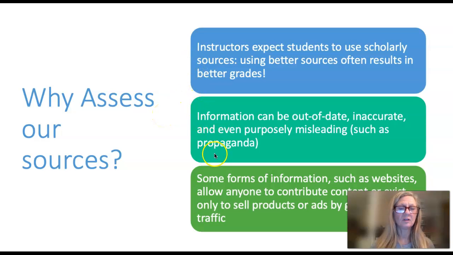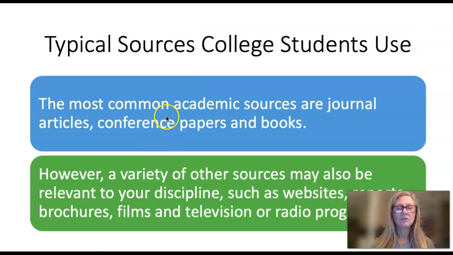Because information can be out of date. Sometimes it's misinformation, particularly when you're dealing with websites. Maybe there's a bias in the source. So you just want to look at your source and ask yourself, is this the best source that I could possibly use? So typically in college, you're going to use journal articles, conference papers, books,